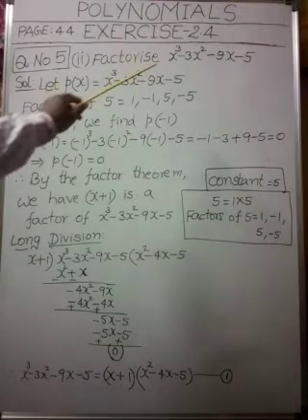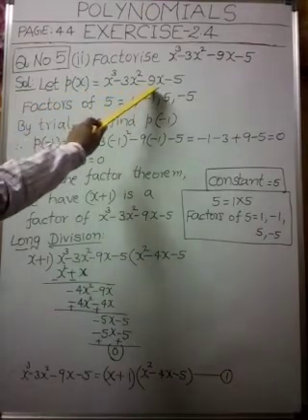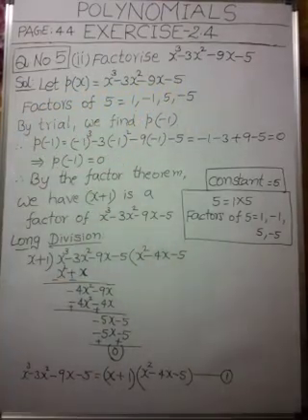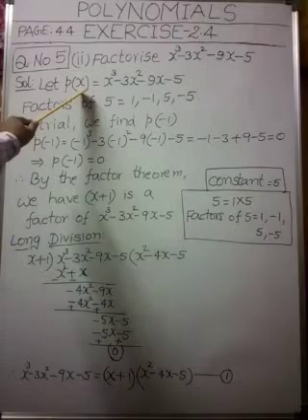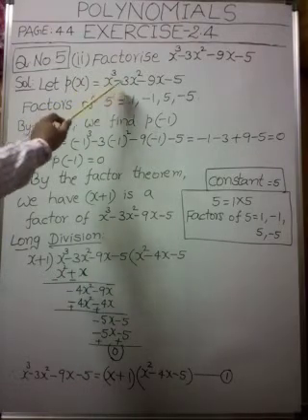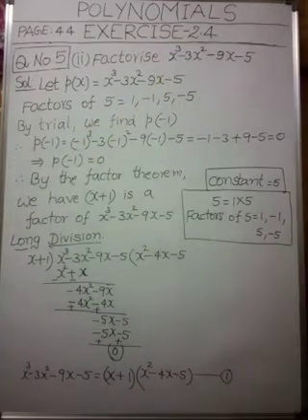Now, let us assume that p of x is equal to x cube minus 3x square minus 9x minus 5. We are assuming that the given polynomial is p of x. Therefore, we wrote this step: p of x is equal to x cube minus 3x square minus 9x minus 5. After that,